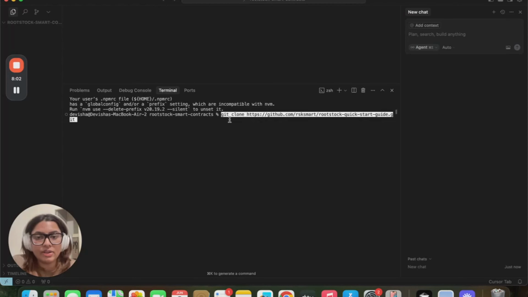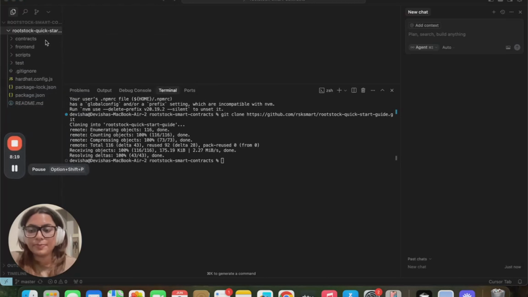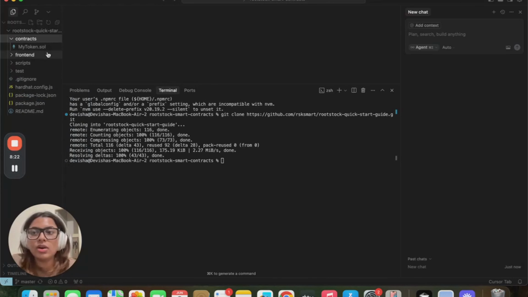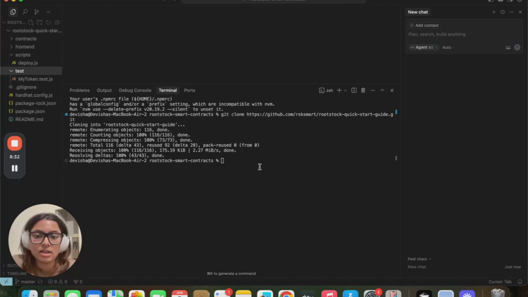We're gonna run the command of git clone and clone this Rootstock quick start guide. As soon as you enter, you can see that we got this repository cloned with contracts, some front end with JS, HTML. There are some scripts and some test JS files as well. Now what you have to do is npm install all the dependencies from the